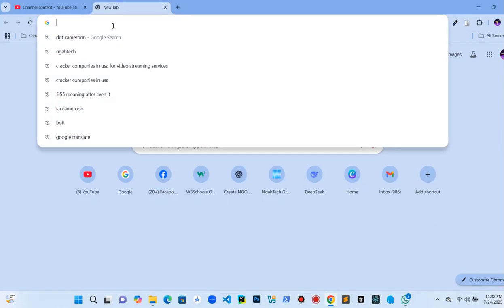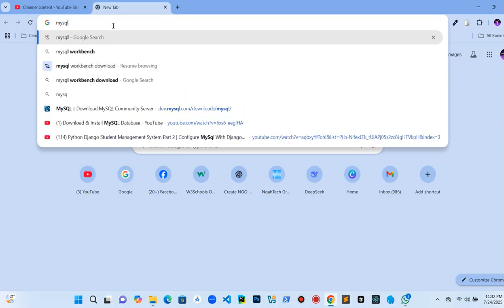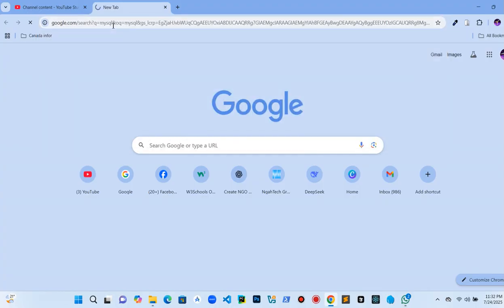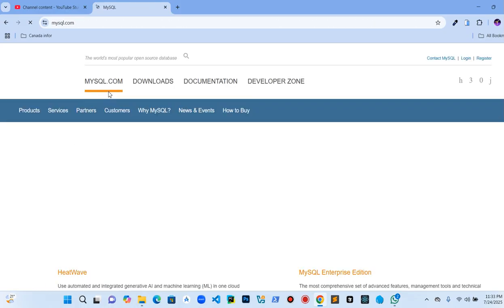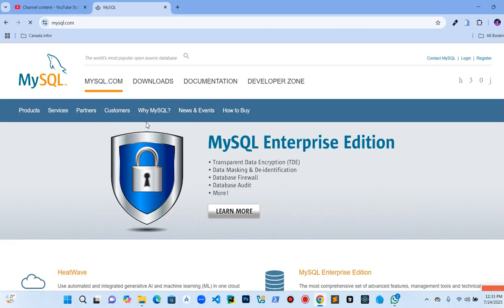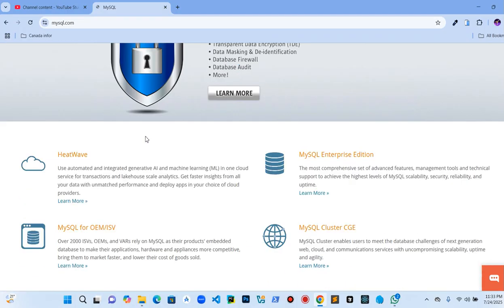So today we are going to see how we can actually install MySQL in our system. So first of all, you have to type MySQL on Google and press OK. It's going to give you the first option, where you have to click on it and wait. Once it loads, you can go to